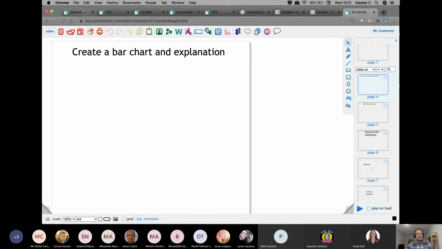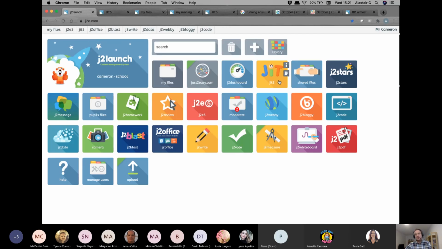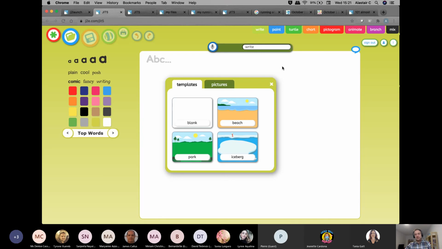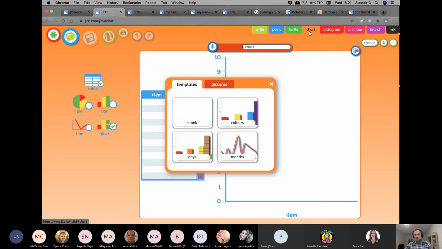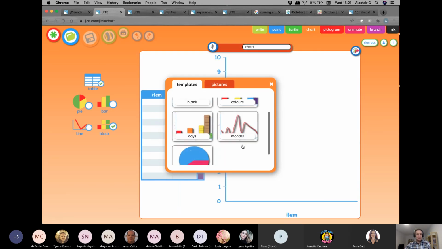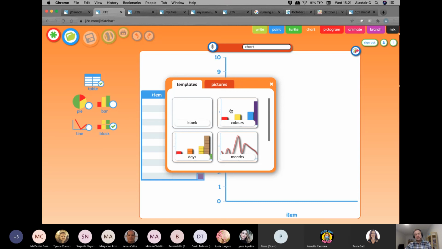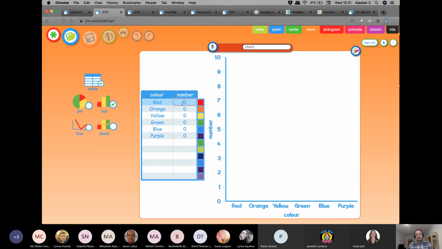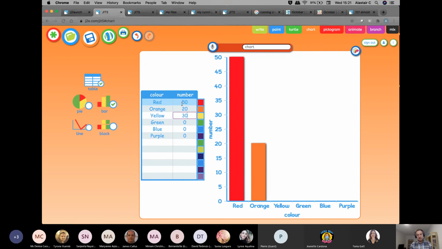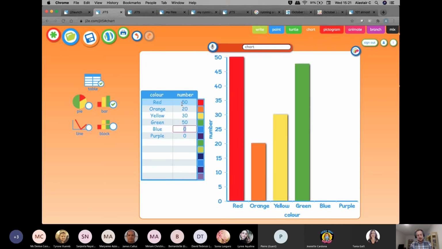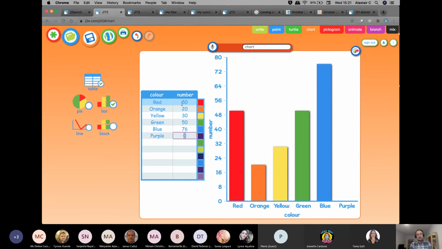So again, I'm going to go into Launch and I'm going to go into JIT. It's one way to do it, and that would be to create a chart. There are options as to which kind of charts that you might want to do, but let's just do colors just quickly, for example. And if I enter the data, make some numbers up as I go, this could be favorite colors, for example. Oops, and I'm just adding all of this data in here,